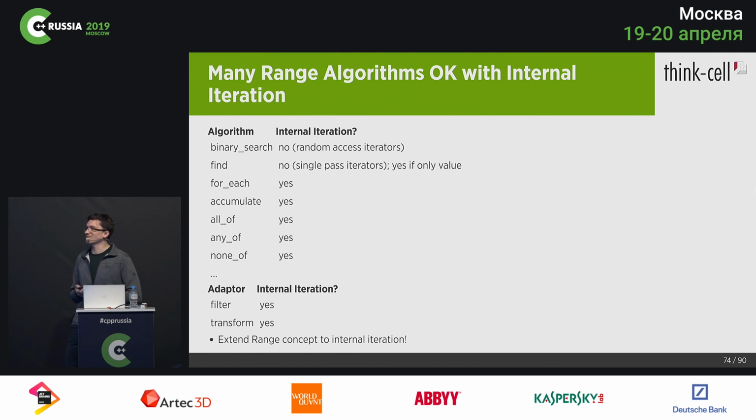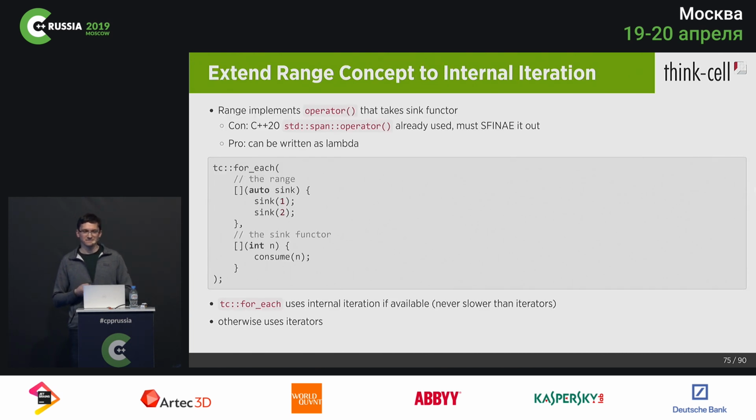So let's extend the range concept to internal iteration. And what we do in our library is basically, we're saying a range is everything that implements begin and end. That's still true. But in addition, we say also a range can be anything that implements a call operator where you can just pass a sink functor that expects your elements. So why didn't we use a named function there? Why did we use the call operator? There's one particular reason where this is very useful, and that's so you can just basically write ranges as lambdas. It's very useful in particular if you need to just return a lambda from somewhere and you just have a range that you can